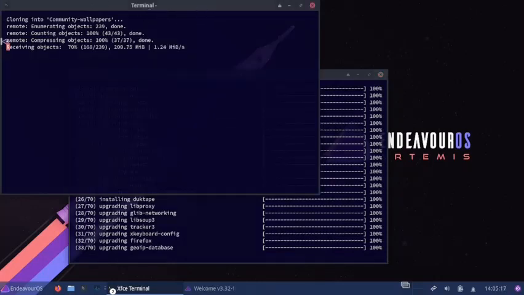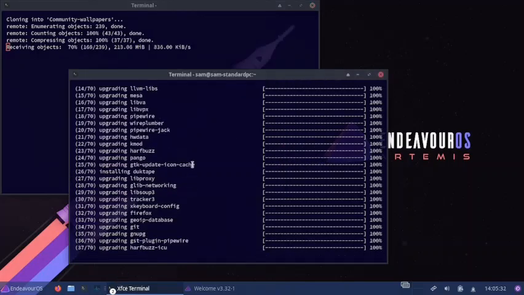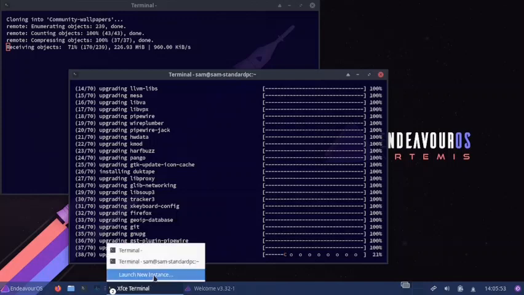And in the wallpaper download, almost 70% of the wallpaper download is done. It is quite huge. 239 wallpapers are there in total. So it will take some time. So once this update and the wallpaper download is complete, we will do a reboot of the XFCE desktop. So while that has still some time to go, we will go back to the